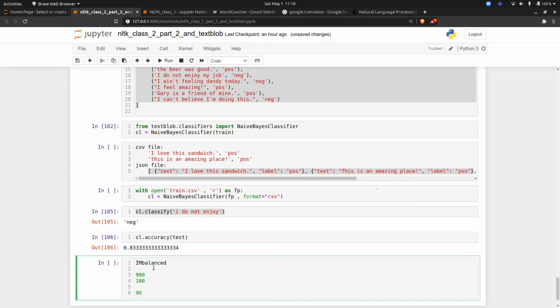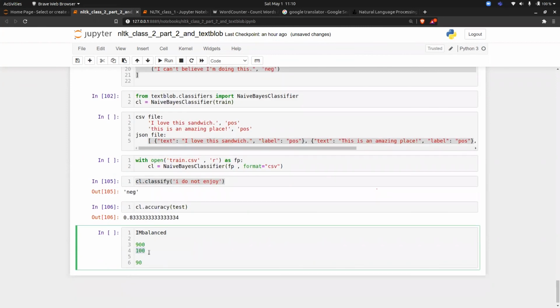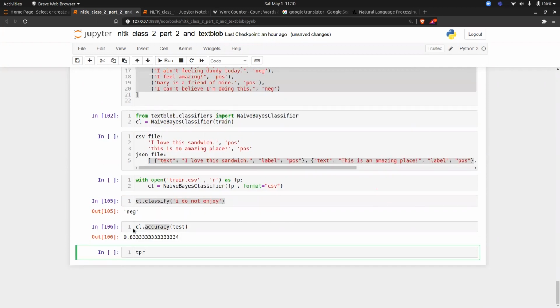But is this correct or wrong? Because those 100 are also being classified as positive, but the accuracy would have been 90%. So accuracy is not a good way to identify whether your model is a perfect model or not. You have to always go for true positive rate, false positive rate, false negative rate, and true negative rate.